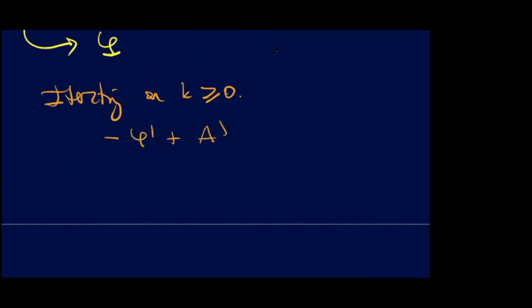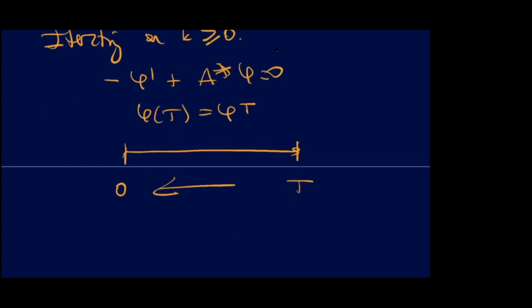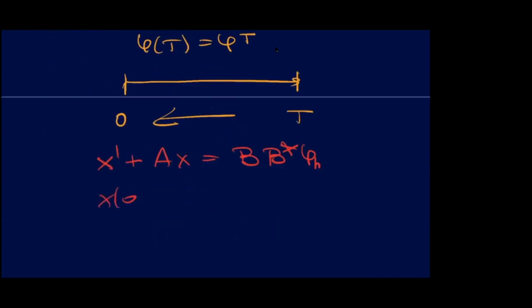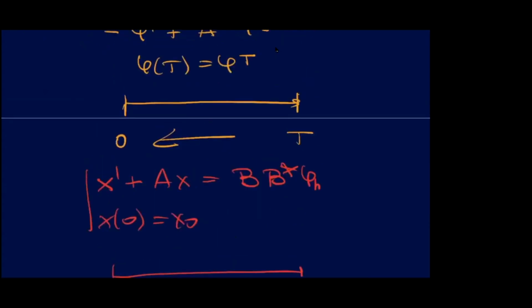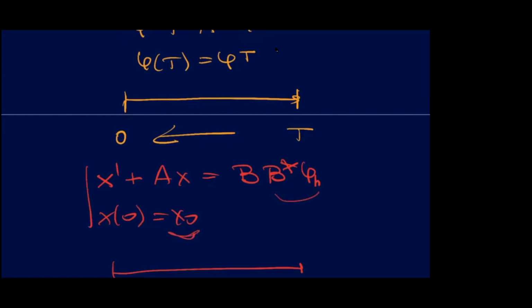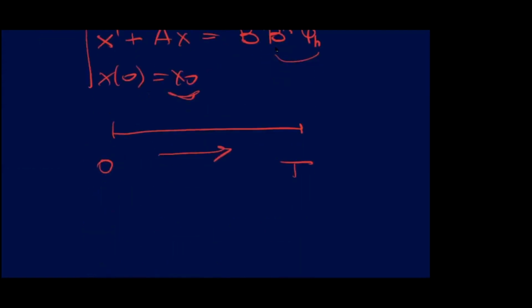solve the adjoint system out of some value phi T. You solve this system from capital T towards 0. Once you have solved this adjoint system, you go to the original control system and plug in this control. Now you have to compute the system in the forward sense, because for the control problem you have an initial value problem with the guess of the control you made in iteration k by solving the adjoint system. Once you get to the destination,